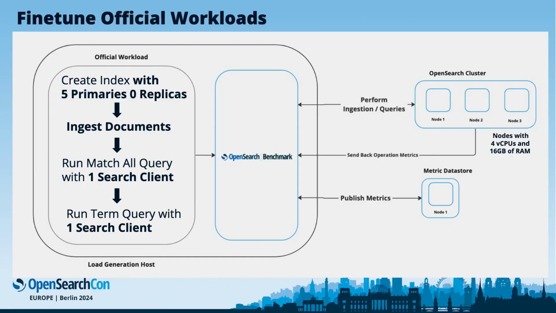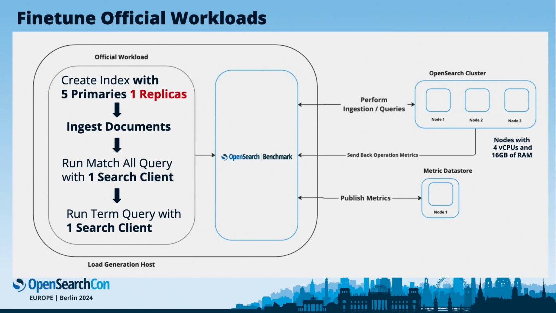So to better illustrate this, we have a diagram here showing a load generation host with OpenSearch Benchmark installed. It's pointing to a test cluster that we set up, and the official workload that we chose creates an index with 5 primaries and 0 replicas by default. Then it progresses to the ingestion phase, and then it progresses to the search phase with 1 search client. So maybe when we want to shake things up a bit and run with 1 replica to see if that changes the read performance, we'll run that a few times, maybe calculate the averages and the median